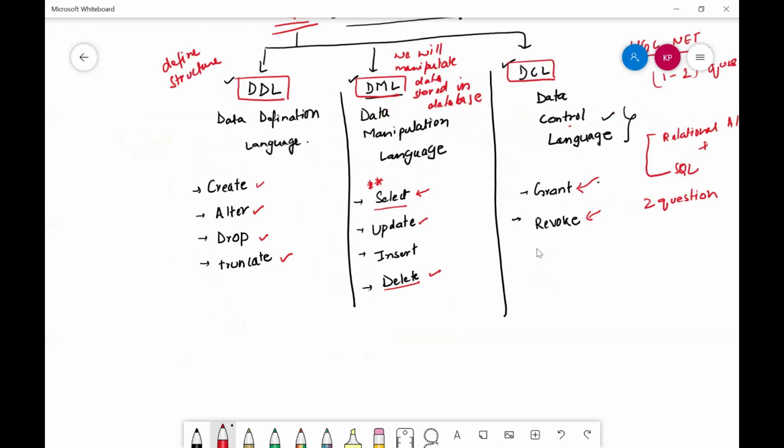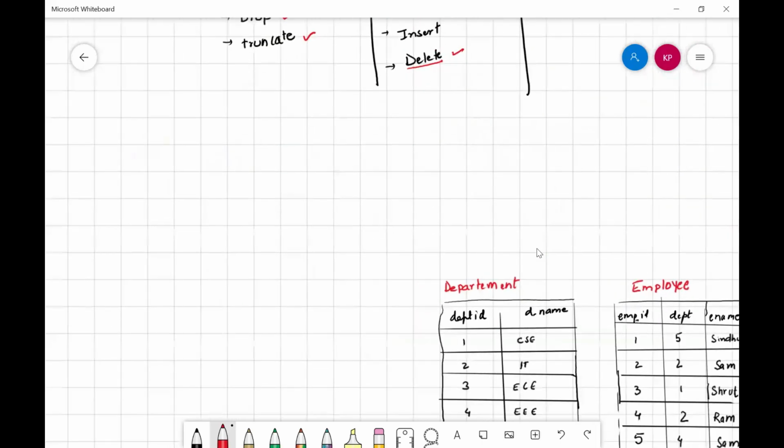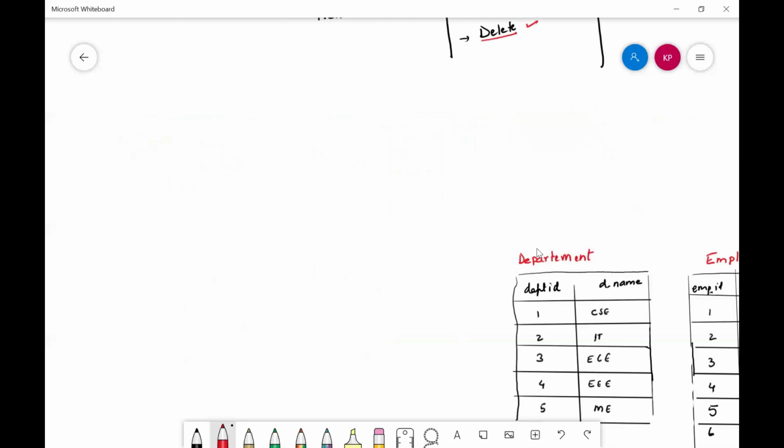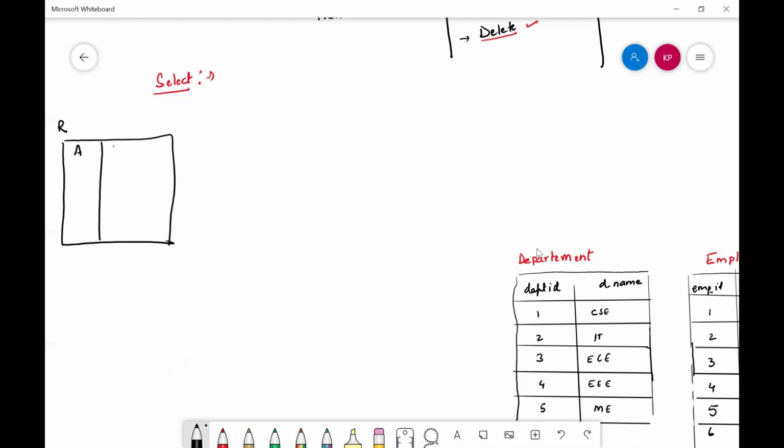First, let me tell you in detail what the select command is. In our database, we already have the data. Suppose in the relational database, the data is stored in the form of a table. Suppose we have a relation R with certain columns A, B, C, and some data stored inside it.